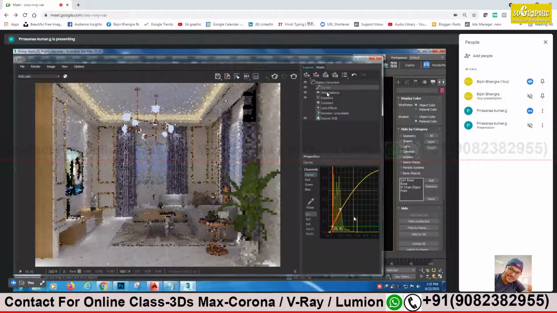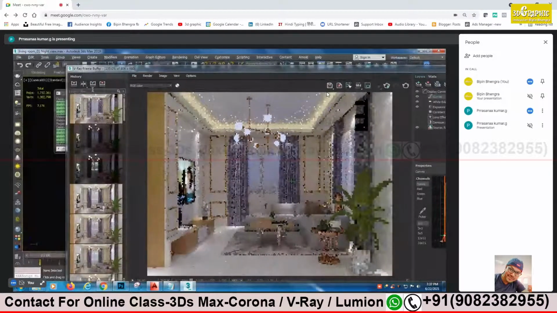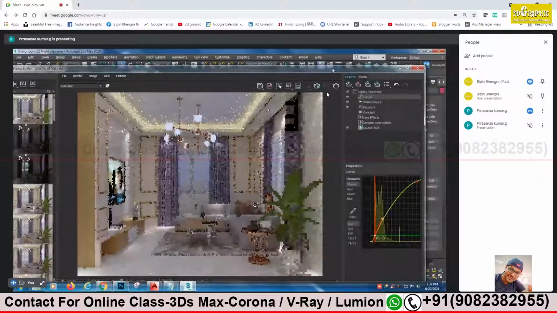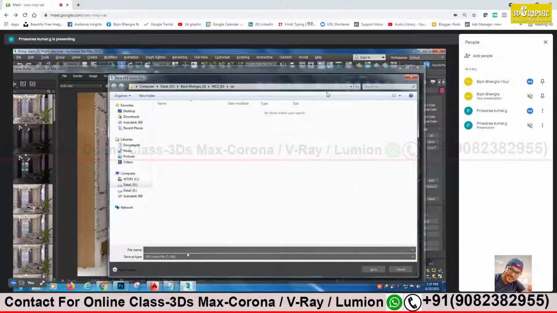Wait. Now it's time to take a high render. You know why? Because the shadow, contact shadow details we need to see. Other than that, I think it's done. Lighting is done. Fine, sir. Go for high. Save this. Save everything. Settings, max file also, and this color correction, whatever we did, save everything. No, not that. Left side. Yes, that one. Save that as the night color correction, night view color correction, night view CC. You can write.